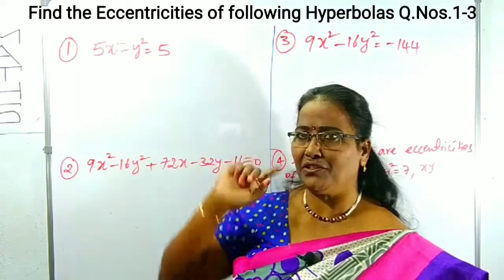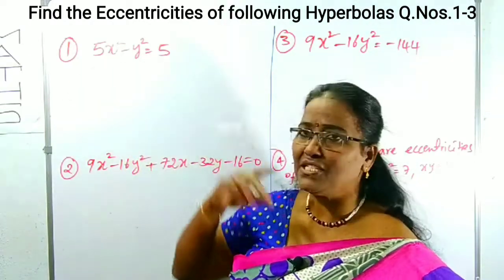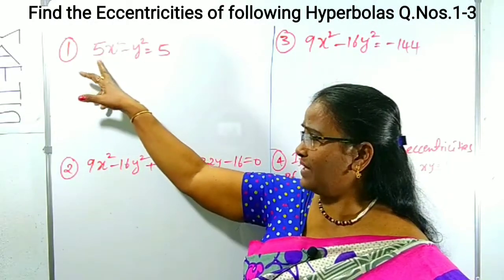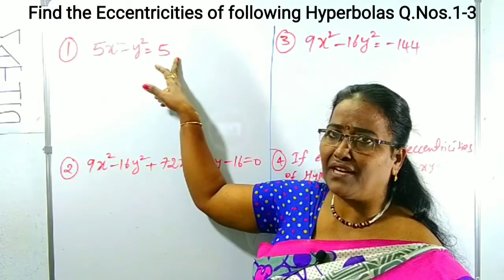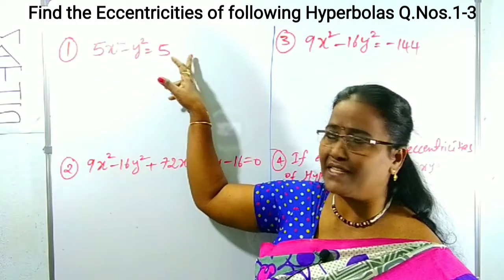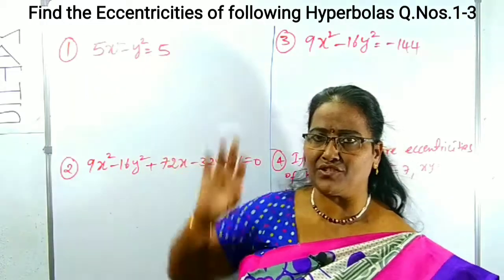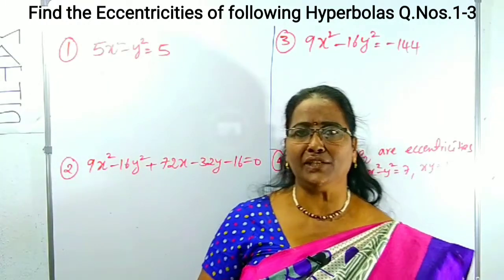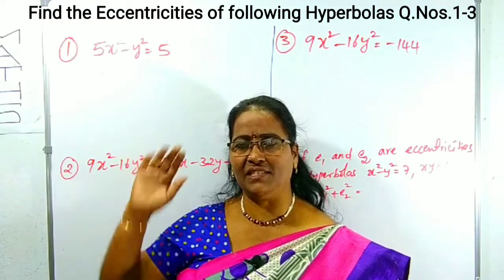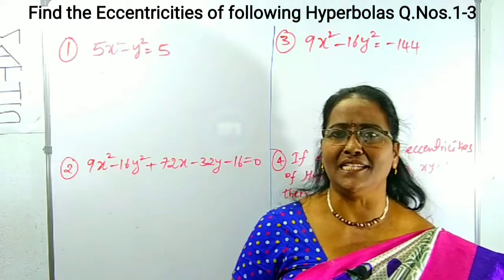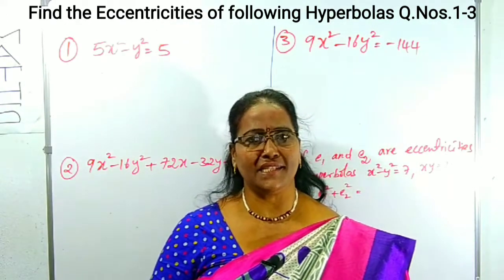In this equation 1 you have to recognize that first. What can you recognize? 5x square minus y square is equal to 5. Yes, it is clearly equal to the constant 5, with the x square term minus the y square term. In that case, we have to find the eccentricity. Which hyperbola is it clearly? Yes, transverse hyperbola. What is its eccentricity?